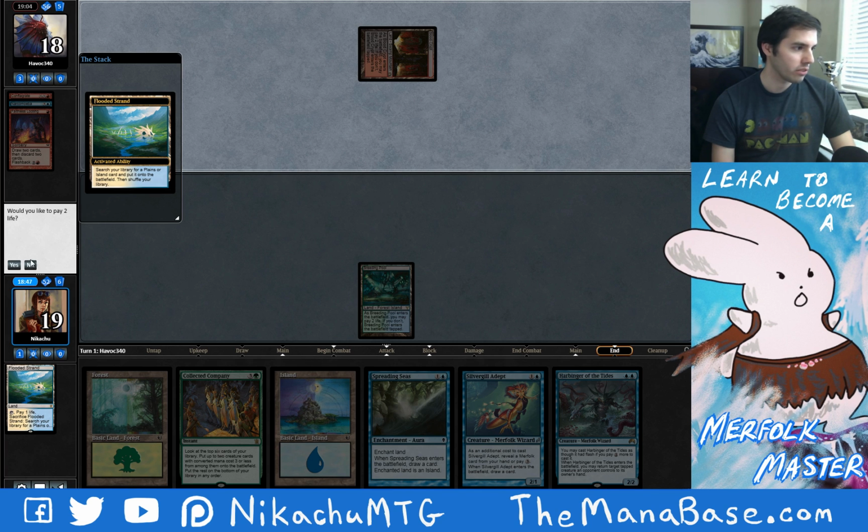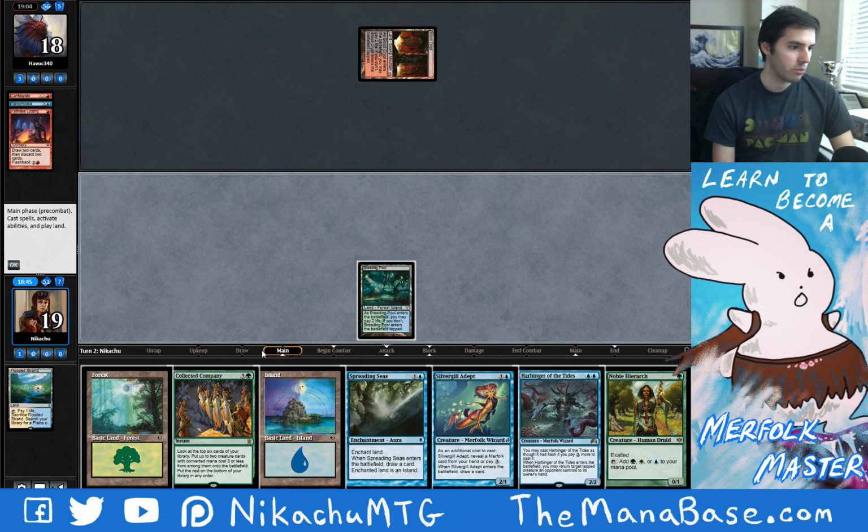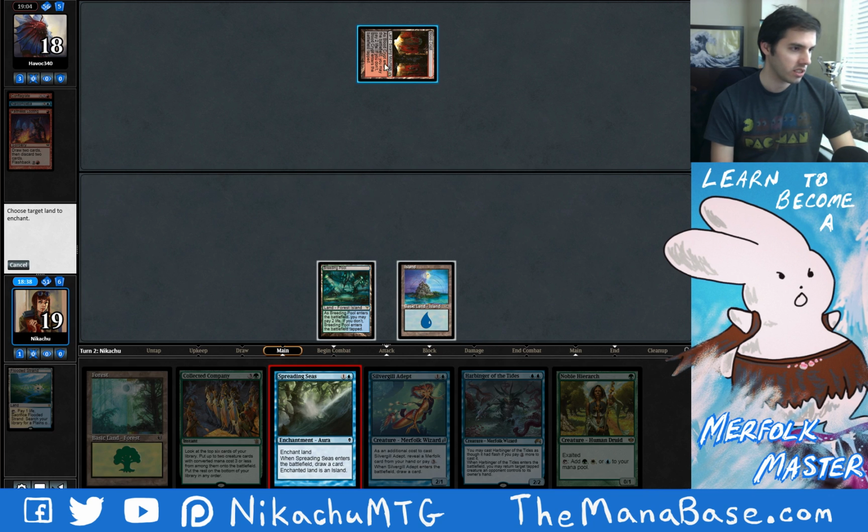Okay, so we're going to get the breeding pool. And he put a Conflagrate in the graveyard. Even more reason to Spreading Seas this. I'm just going to continue the plan. I'm going to Spreading Seas him into...